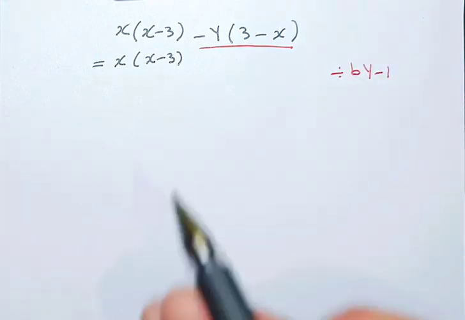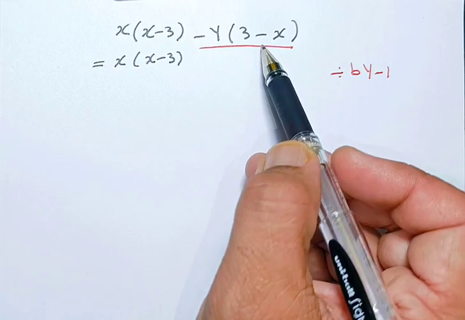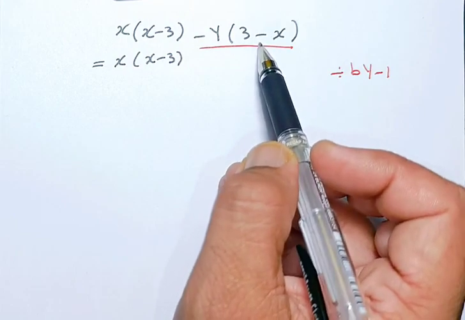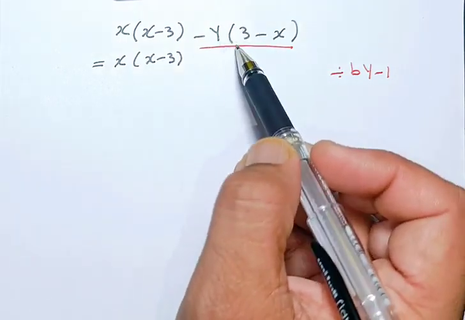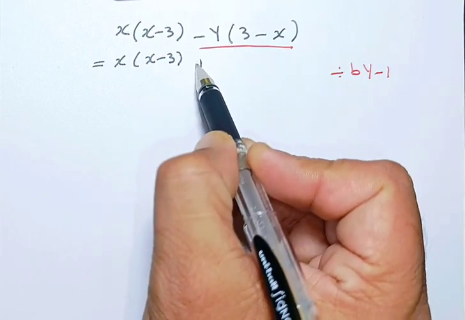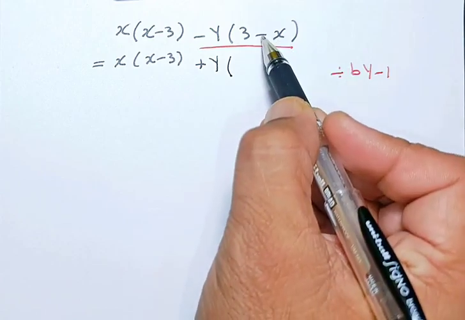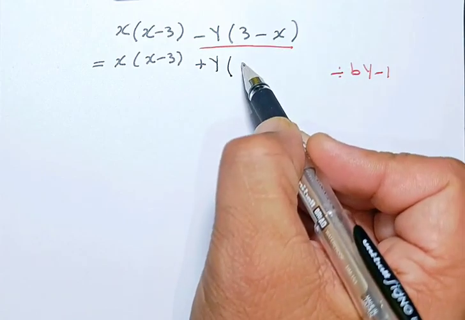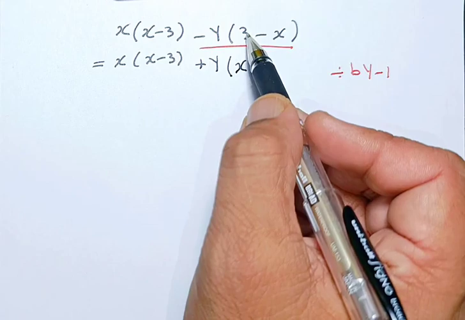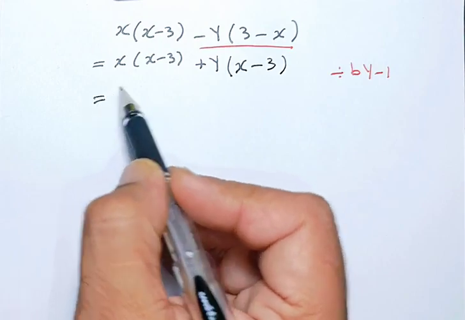When you see that you have to use the sign change rule, you have to make a like term. You modify, then divide the second expression by negative 1. Then negative becomes positive, x becomes positive, and I need x on the left-hand side, and the 3 was positive, it becomes negative. Now can you see, I modified the